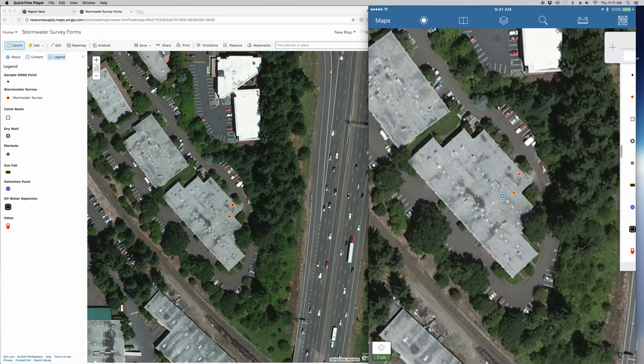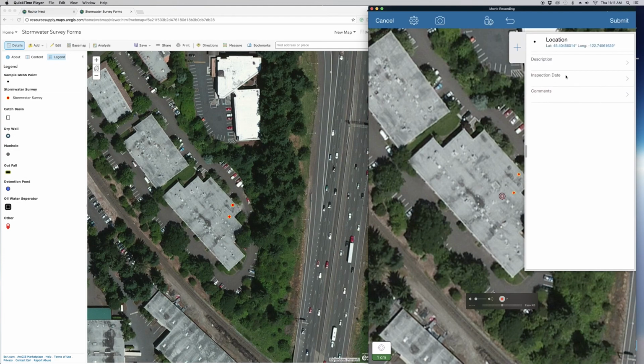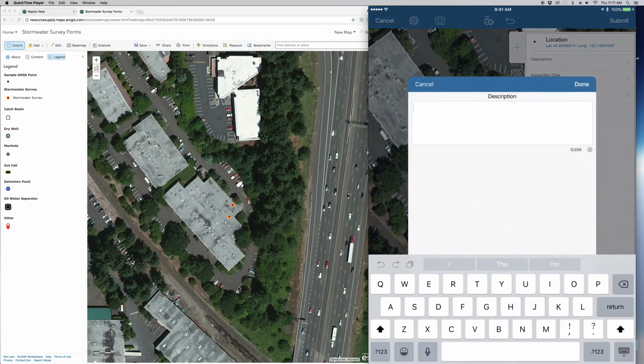And then to collect data, we hit this little plus button over here. And so here's some sample points we have. I'm going to choose this sample point option here. And I am going to just put in a little bit of data here. Description, these can be drop-down menus, or you can type them in. So we'll just put test